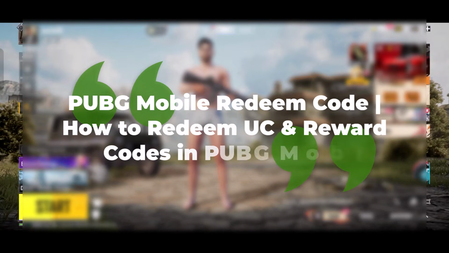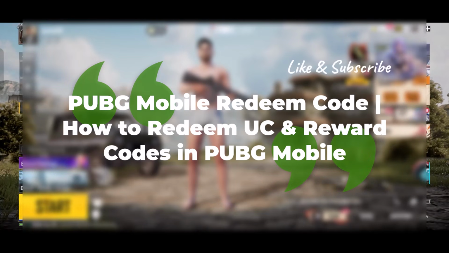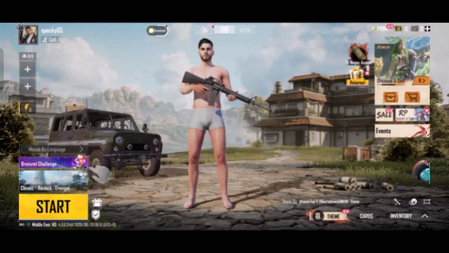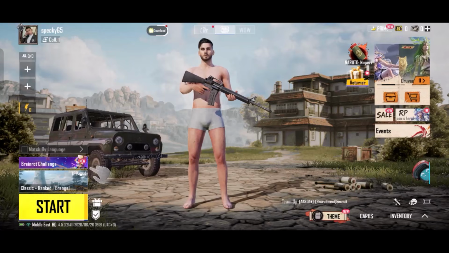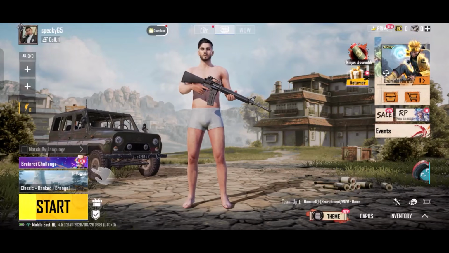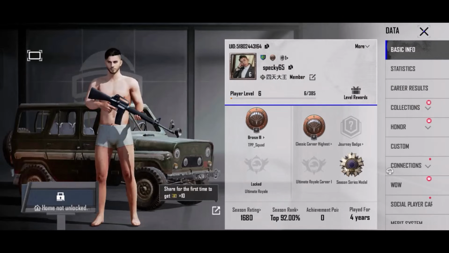PUBG Mobile redeem code, how to redeem UC and reward codes in PUBG Mobile. To redeem UC and reward codes in PUBG Mobile, the first thing we will do is get our numeric character ID. So open up PUBG Mobile and tap on the avatar from the top left of the screen,